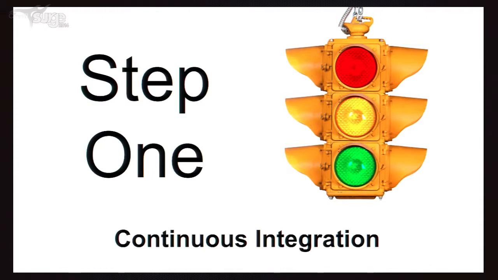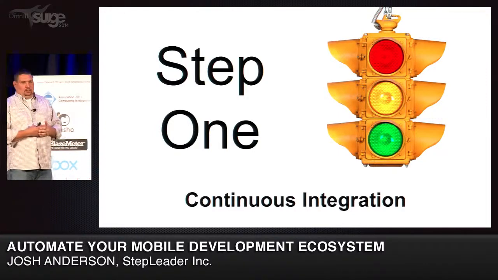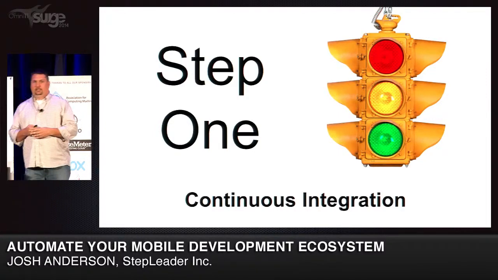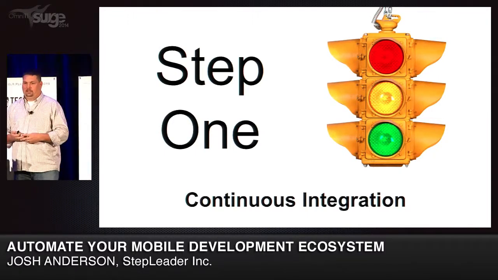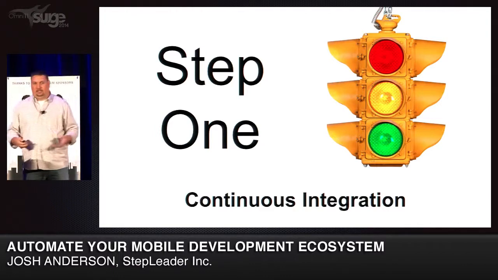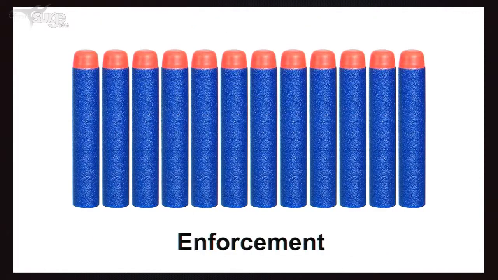Step one, CI. I'm guessing everybody knows what CI is, right? This was the first real step for us, from a release standpoint: we check code in, stuff builds. Now in mobile, that's a difficult beast, right? It's not like the web or just Java, where there are agents built to handle iOS and Android. We chose Atlassian and their tool suite. Bamboo is their CI server. We pushed that as hard as we could. We got it kind of, sort of working. We'll cover that in a little bit.